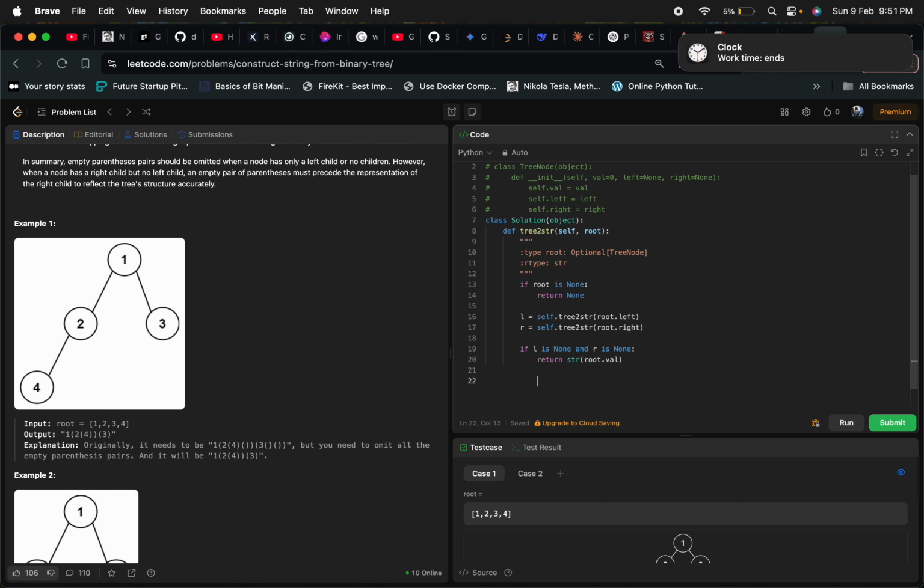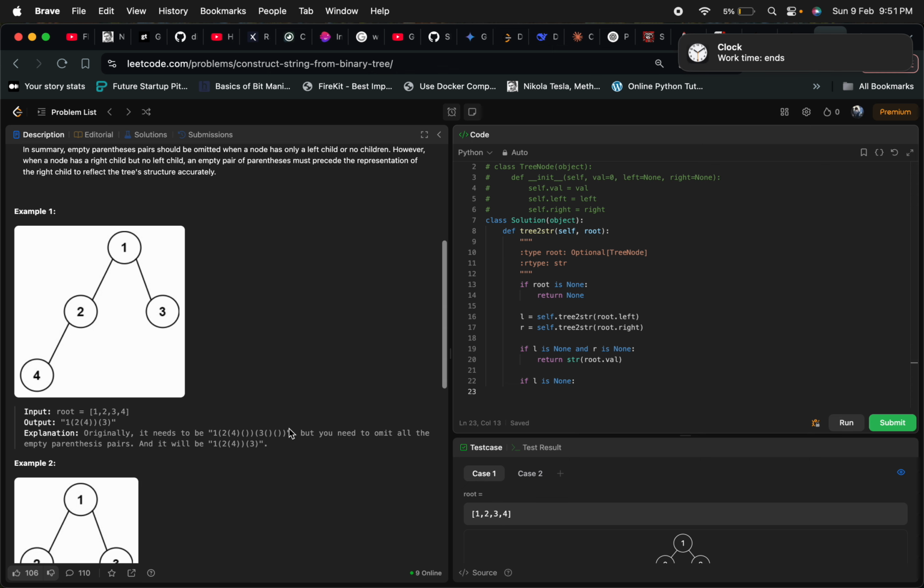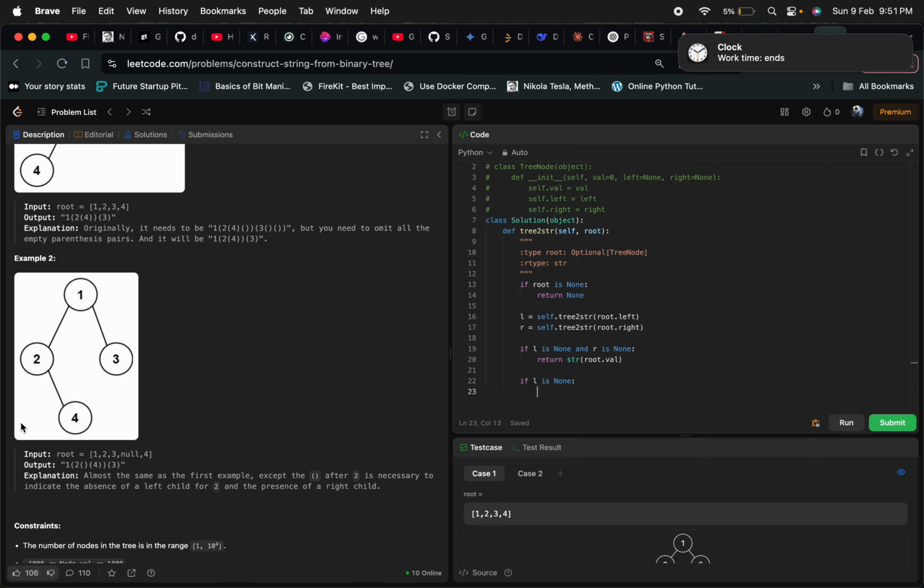Next, we can make a condition: if left is none. In this case we know that we have to return parentheses like this. So this is what we have to return, but you can see that we cannot just simply return parentheses. We also have